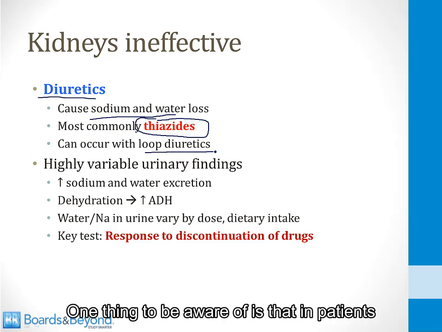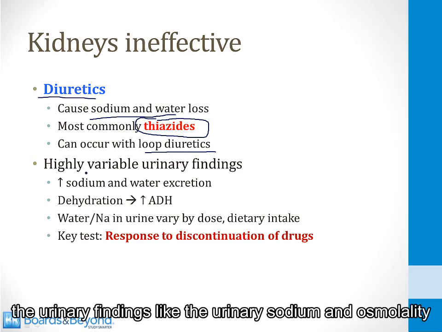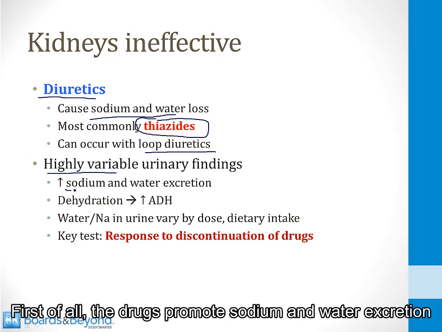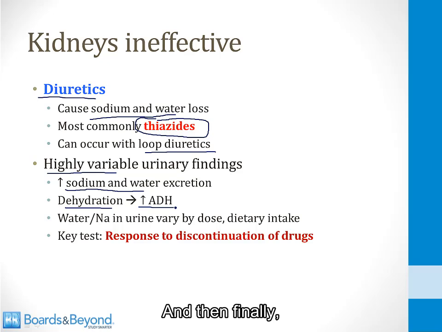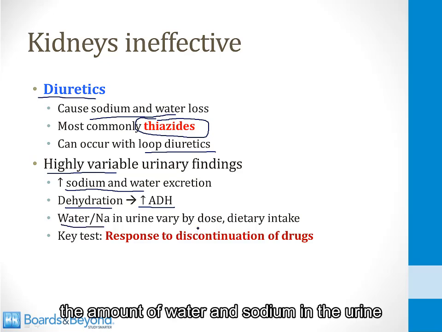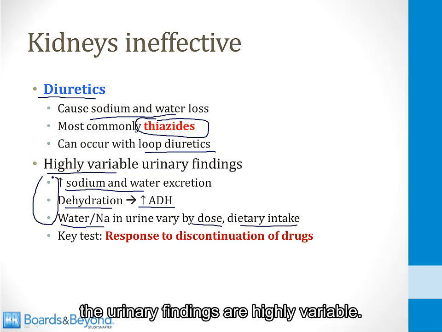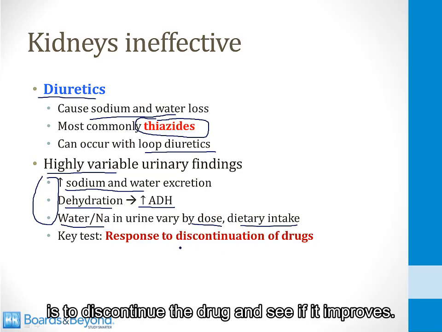One thing to be aware of is that in patients who develop hyponatremia from diuretic therapy, the urinary findings, like the urinary sodium and osmolality, are highly variable. There are a couple of reasons for this. First of all, the drugs promote sodium and water excretion. Secondarily, they cause patients to become dehydrated, and this stimulates ADH release. And then finally, the amount of water and sodium in the urine vary by the dose of the drug and the dietary intake. So for all of these reasons, the urinary findings are highly variable. So in clinical practice, the way you diagnose hyponatremia secondary to diuretic therapy is to discontinue the drug and see